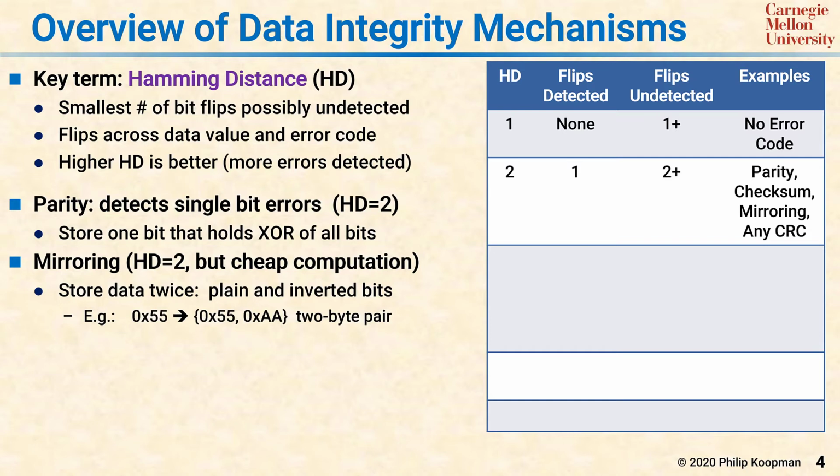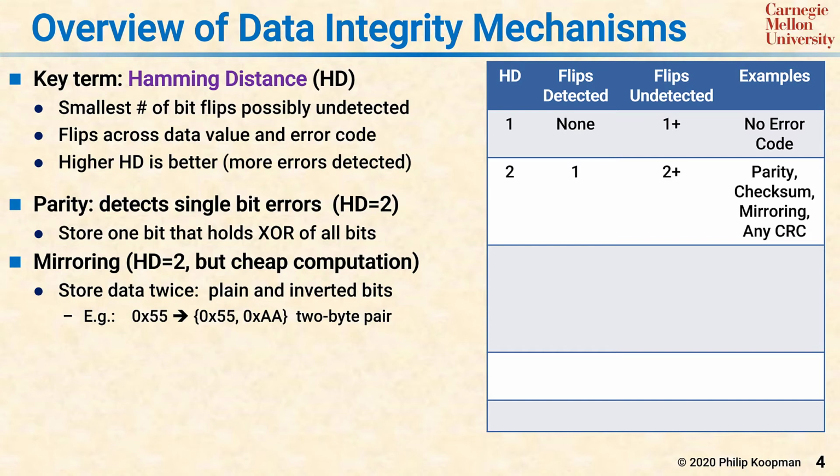Mirroring is simply you store the value twice. And you say, well, if one of them has a bit flip, the other won't. We won't know which one is right, which one is wrong, but we'll know they differ, so we'll know something bad happened. Typically, you're a little bit more sophisticated than that. Instead of storing the value twice, you store it once, and then you store it a second time with some computation performed,